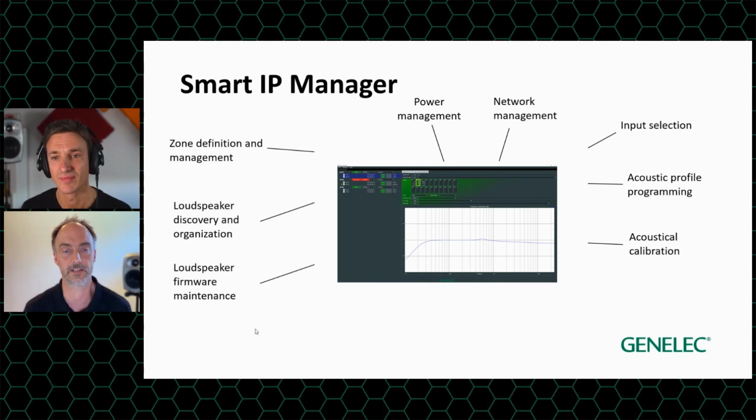So on the left-hand side, it's a little bit hard to see on this screen, but this is where you see all the loudspeakers. That's where they pop up when you open the software. Then you add your zones, for example, a restaurant, bar, lobby, and corridor. And for each loudspeaker and zone, you have the acoustic profiles available, which is for each loudspeaker, you have 5 acoustic profiles that you can recall, including input selection, filters, levels,